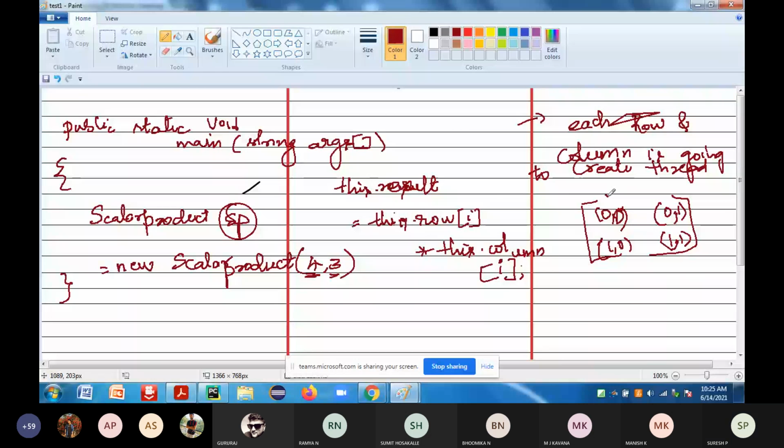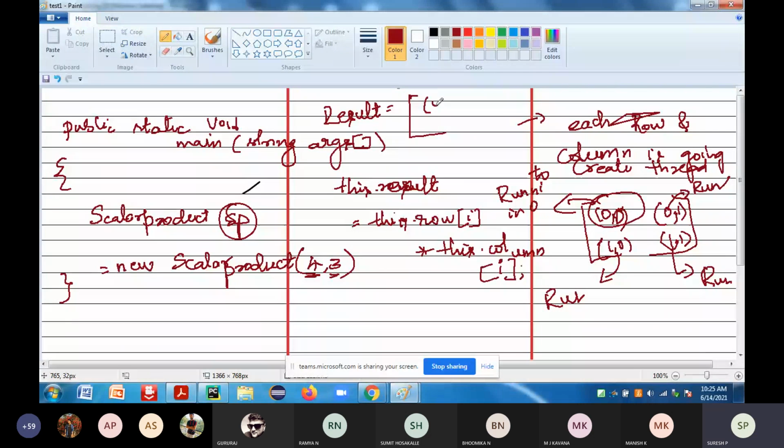This is running in one thread, this in another thread, this in another thread, and this in one thread. Once all of these run in different threads parallelly, at the ending stage, in the result, it is going to combine as one. So at the result, it is going to commit as 0,0, 0,1, 1,0, 1,1.